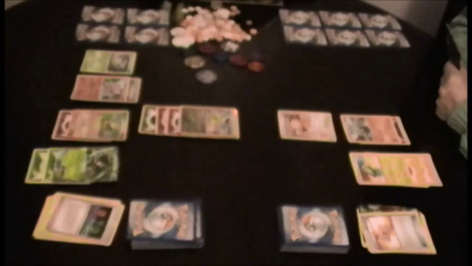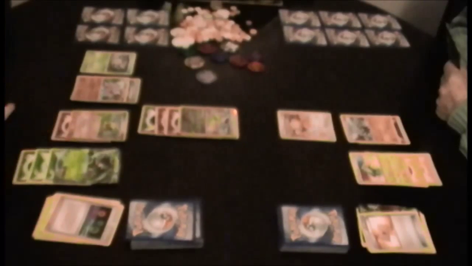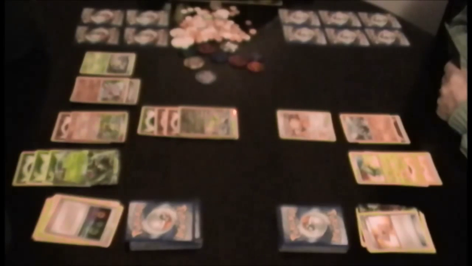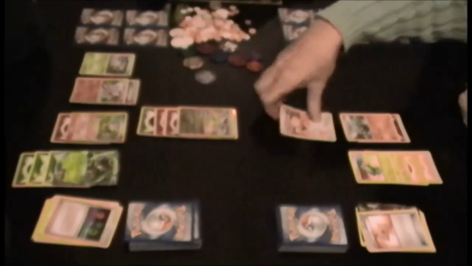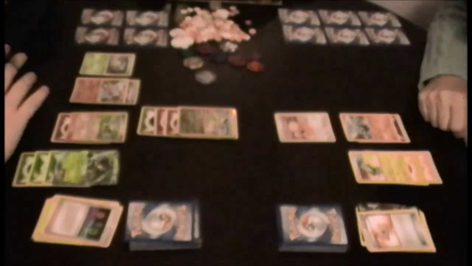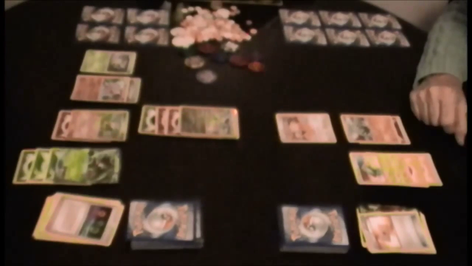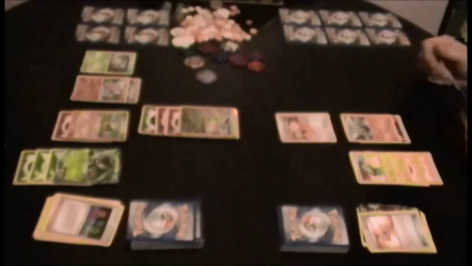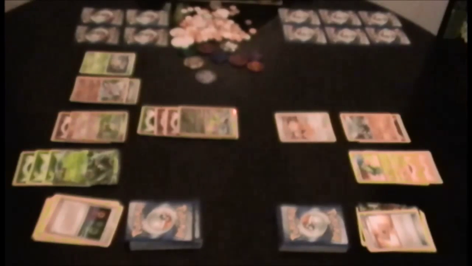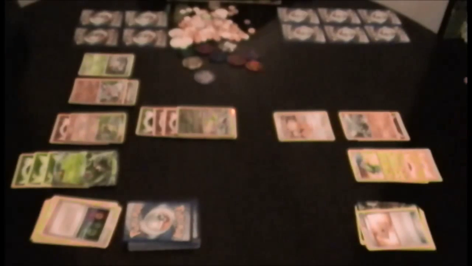I top deck Turtwig, which is good considering the prizes I got a couple of turns ago. The Sceptile EX is now fully powered up, 3 grass energies on him, which is very nice as a backup for Flygon there. I then decide to use my Flygon Sandflap ability on my dad there, to make him shuffle his hand, because